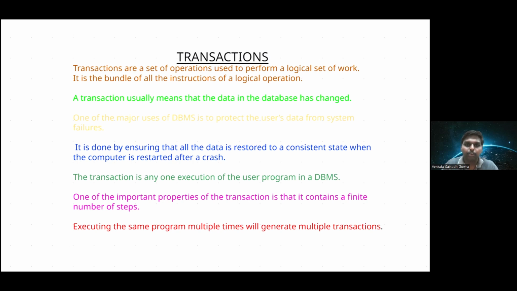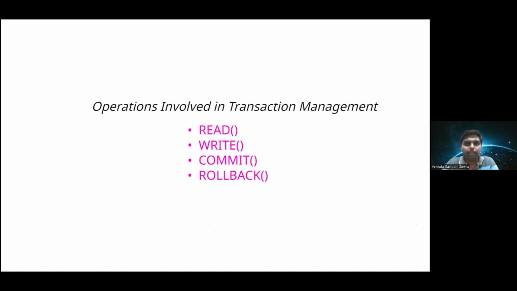So this is all about transactions, and let's speak about transaction operations. The operations are read, write, commit, and rollback. When you use read, you can read the data from the database. When you use write, you can write the data in the database. And when you use commit, the change you have made will be saved as a save point. And when you use rollback, it can go to the save point before